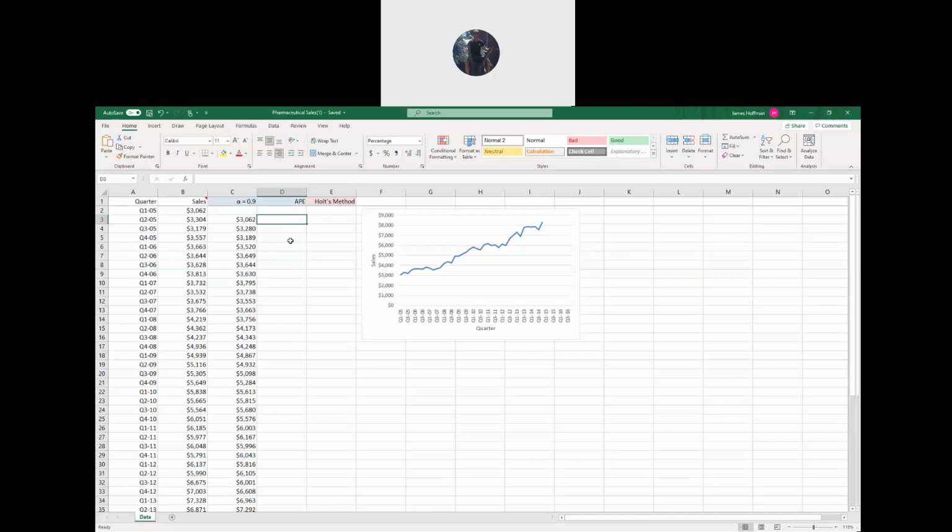Actually, it is. All right, so let's calculate the first APE in D3. The formula, we've done this a bunch of times, equals ABS, double parenthesis, B3 minus